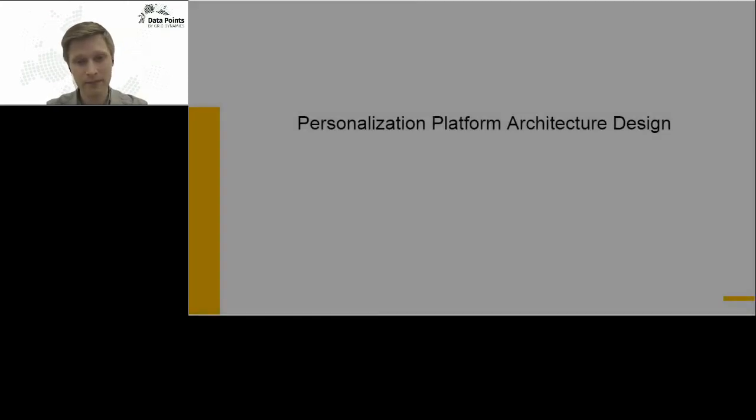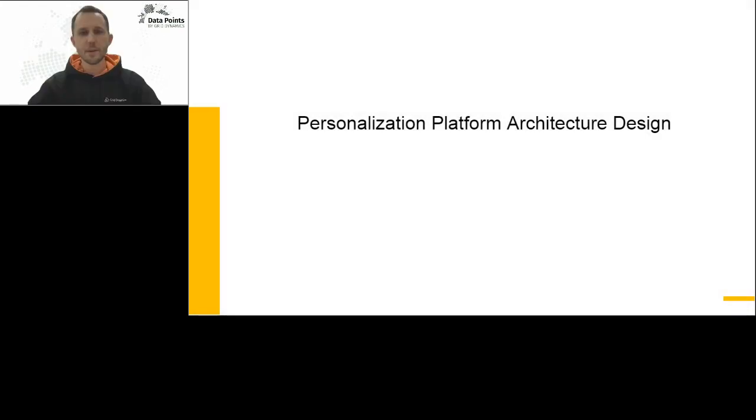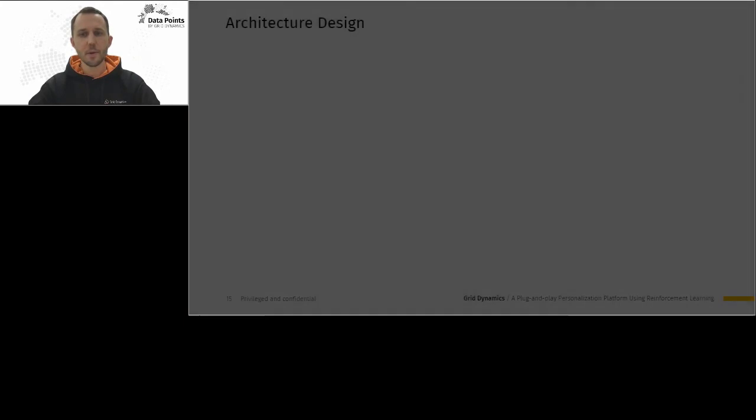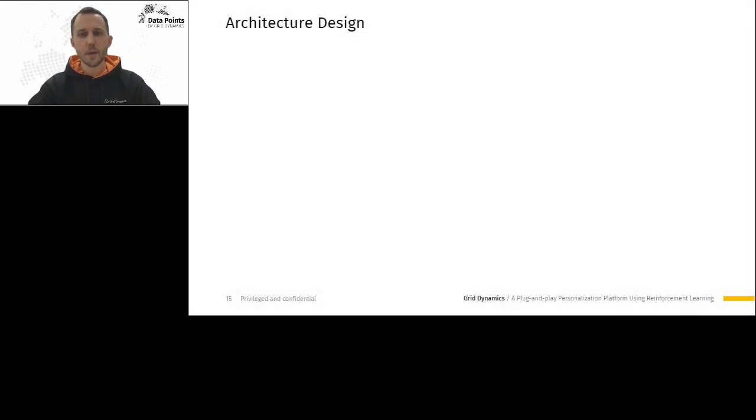Okay. After discussing the theory, let's talk about the architecture design. We have the application game server; events fly from it and are added as logs. The logs should contain a trajectory ID or episode ID. For example, if you and I play online poker, the trajectory ID will be the game number. In personalization, the trajectory is the time period in which we observe the player. Then the event sequence number inside the trajectory. Sequencing is important for learning.